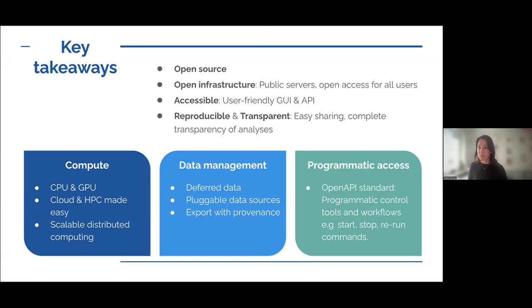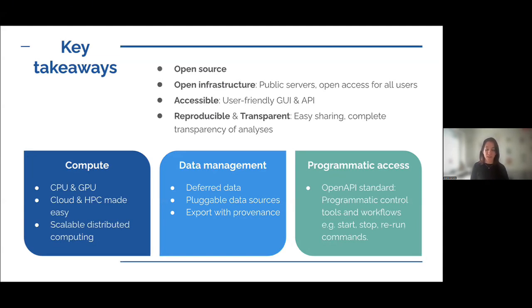In terms of compute, there was a question in the Q&A box as well, and I was trying to answer this one. It depends on what you have behind the server. So we are talking here about the public ones and what they offer for you. That's CPU and GPU capabilities. In the backend, you can have maybe an HPC cluster from your institute, or you can have your local computer, or you can have cloud resources. It depends on what you have. It's how fast the operations would be. And you don't need to deal with any of this. So this is totally transparent to the users. You don't need to know if there is cloud behind it or what it is. That doesn't matter. It's just the interface that you need to be concerned about.